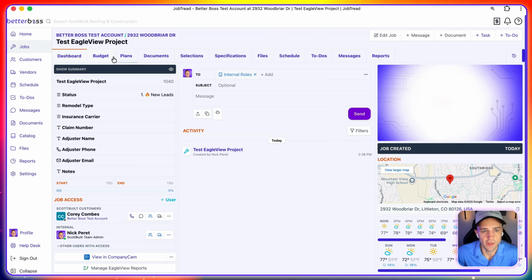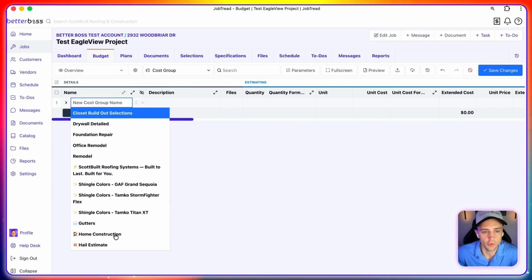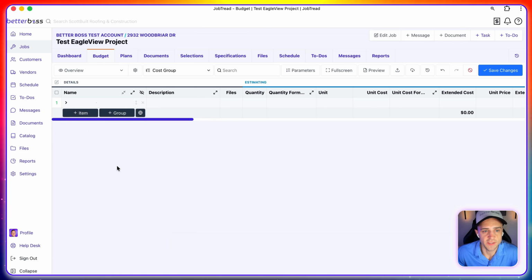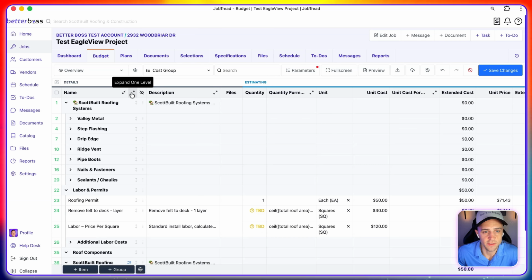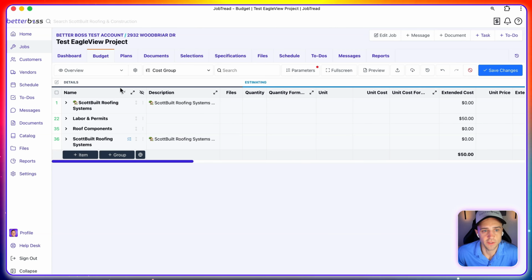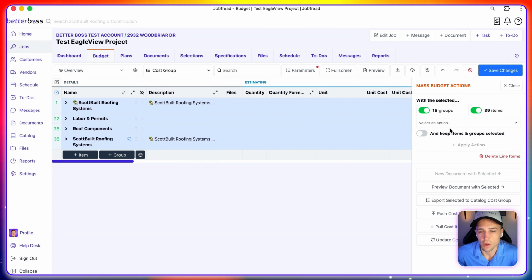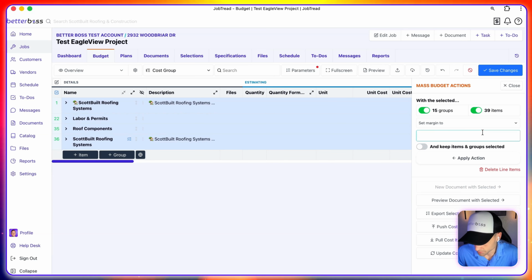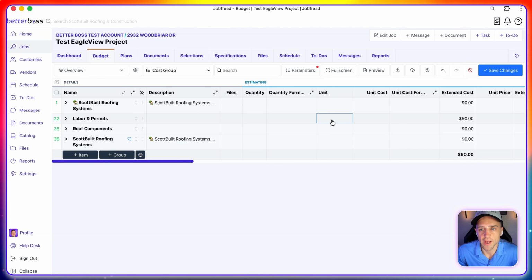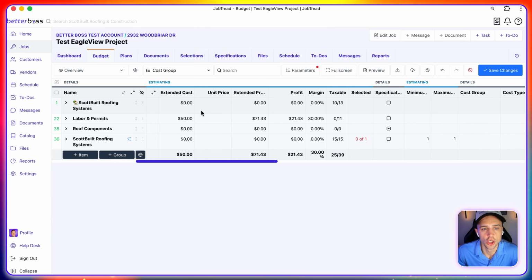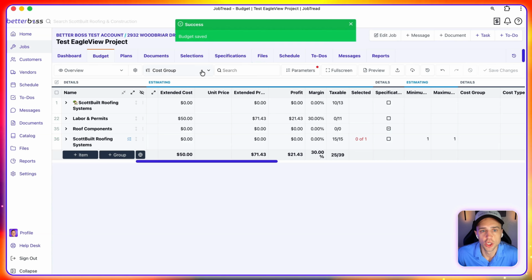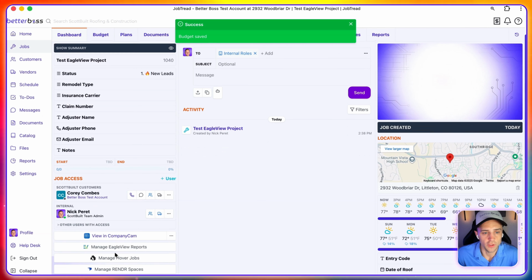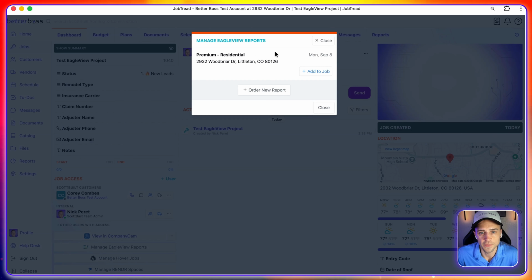All right, so now if we go into our budget, we'll go group. Now this is where we're going to take the template we built out for this type of project. Now you can see we have all our line items, labor, material, etc. We'll say select all. Let's say we want to set our margin to 30%. Hit apply. All right, now we're going to have that. We'll hit save. Now I can go back to my dashboard, manage EagleView report, add job,